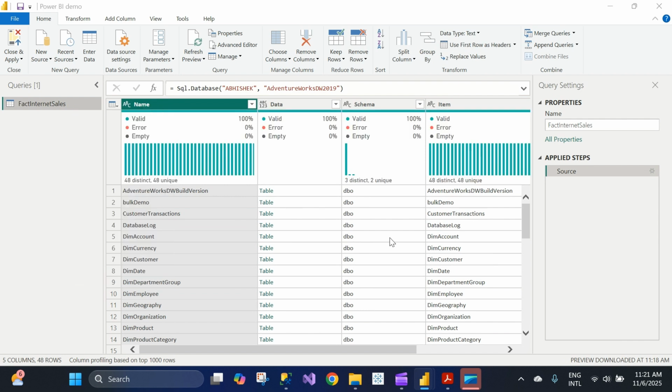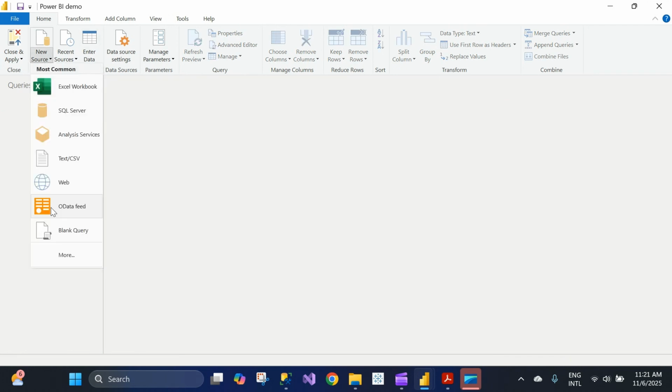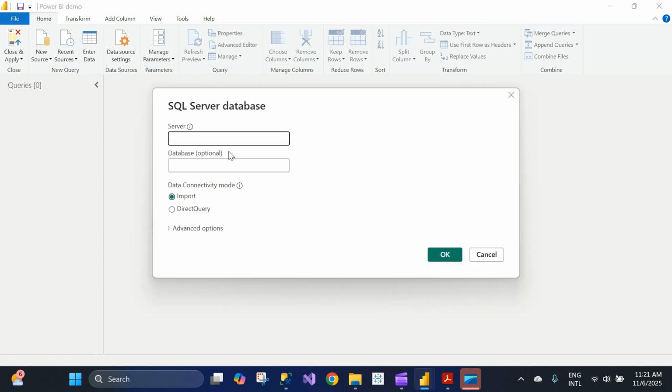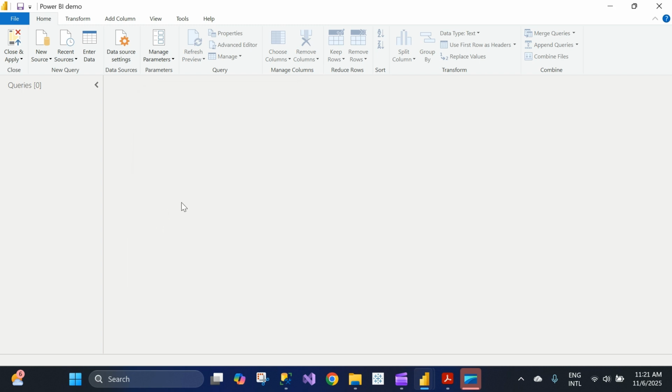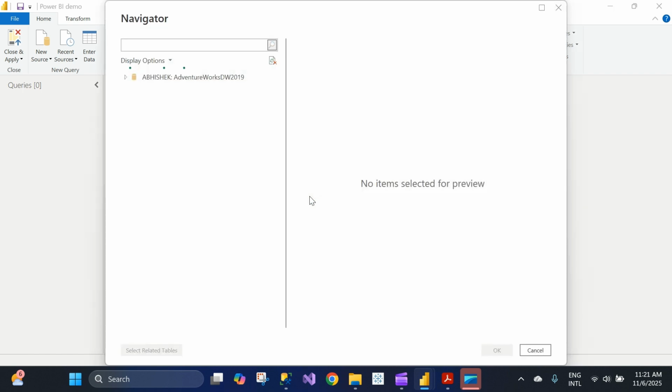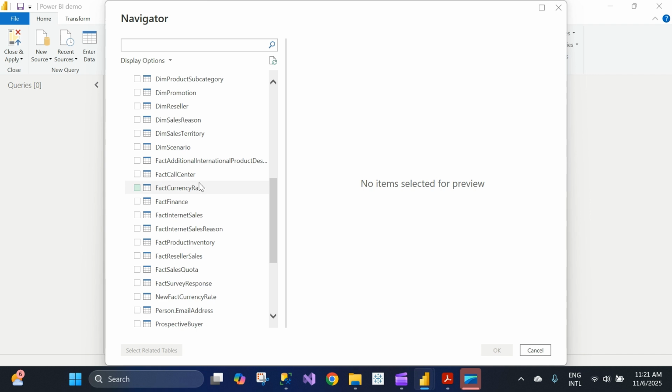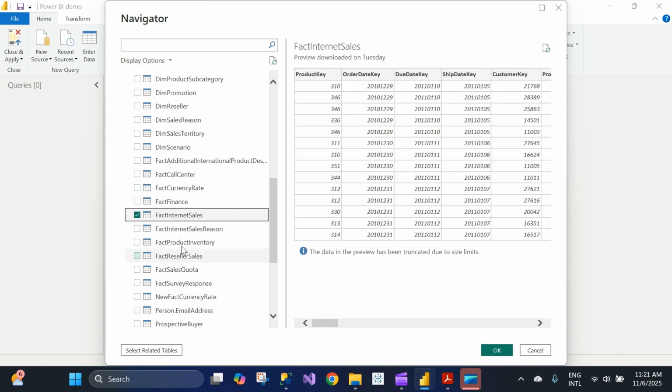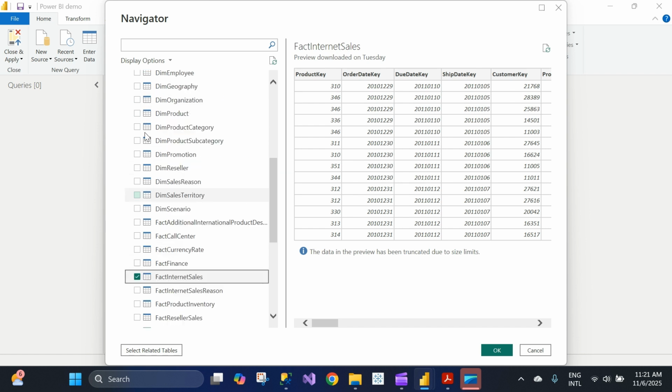So I'm going to delete this again, fact internet sales, and I'm going to click on the new source. So from here also we can connect with the sources. Let me type the server name and the database name. And for data connectivity mode, always when we are connecting with any data sources, keep it import mode. Okay. So fact internet sales, and let's take the